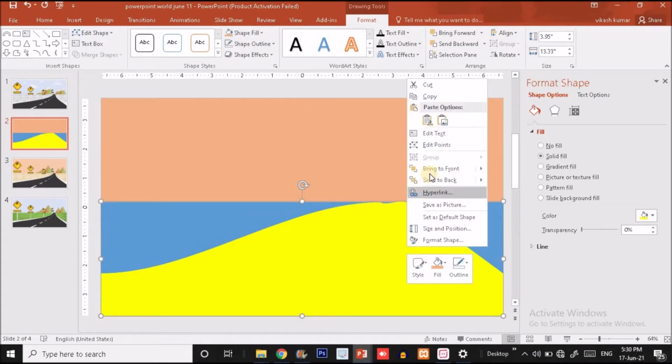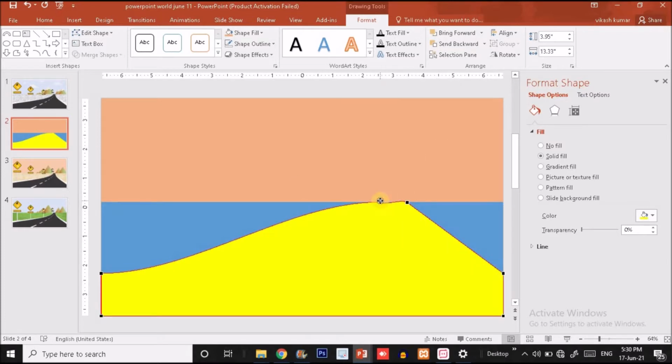Okay, now right click over here, edit point, and now what we have to do, we have to adjust these handles like this and these handles straight like this. Okay, now click on this shape, and after clicking on this shape, we have to move this handle something like this, and click on this black dot and move this handle something like this. Click on this one, and you just have to make some adjustments guys, so do it very carefully. It will take some time, but don't get bored. Just do it very carefully.